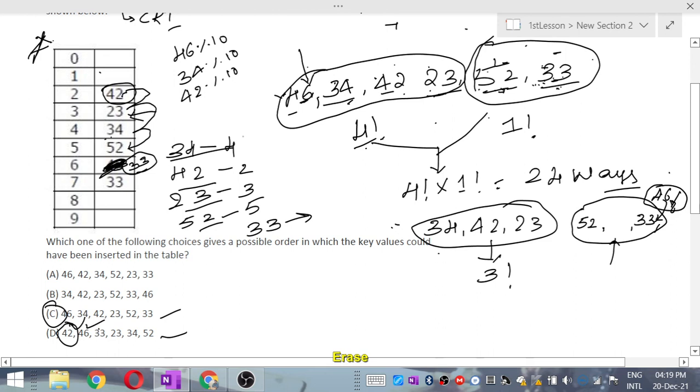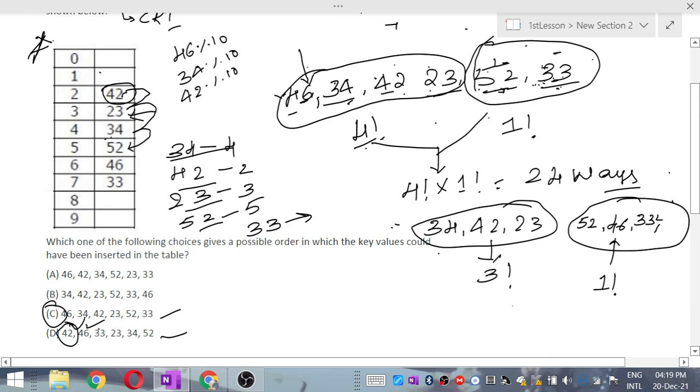That's why we conclude 46 can only come in between this one. No other changes are possible because we have analyzed all the changes. It can be arranged in only 1 factorial way. Some people might have the doubt that 46 can also be placed here. Yes, of course we can place 46 here, and that case has already been covered in this one. I also used to have that doubt, so I thought some people might have it too.